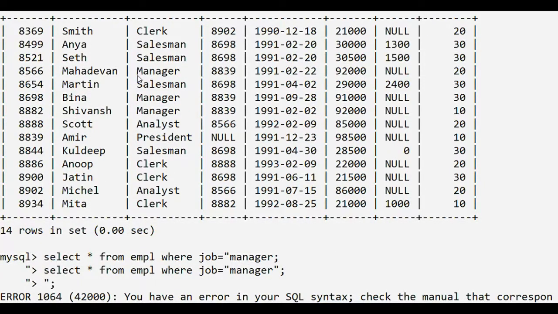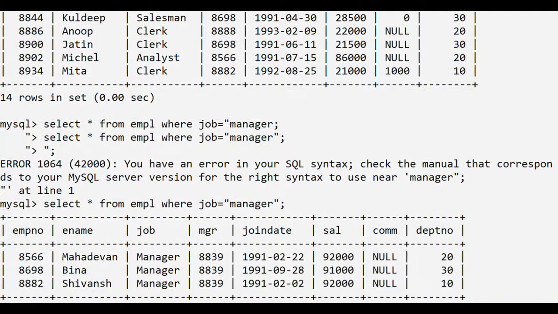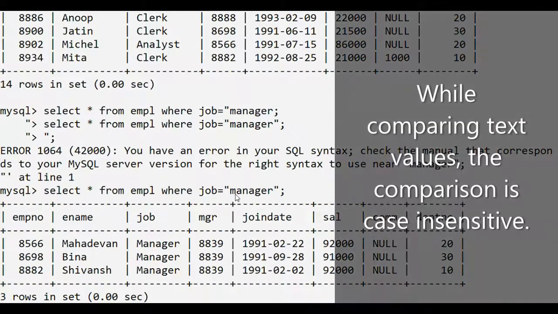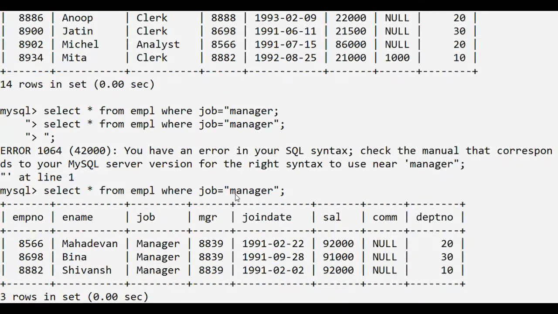Also notice, in this value, M is in capital letters, and with the where clause, the m that we wrote is in small letters. While comparing text values in MySQL, the comparison is case insensitive. So capital M and small m will not be treated differently.